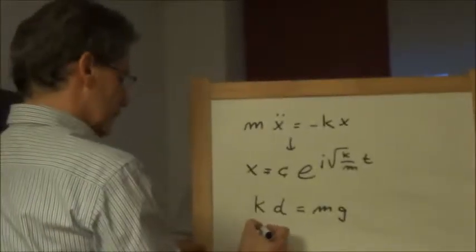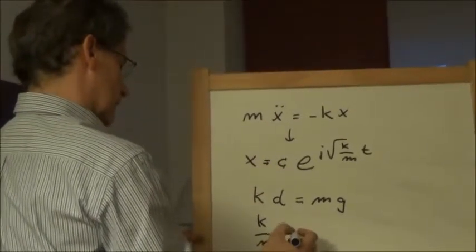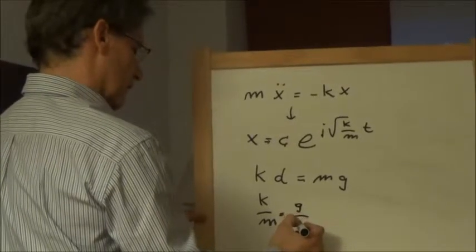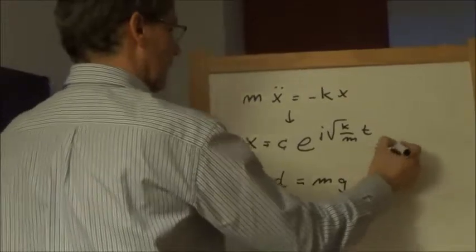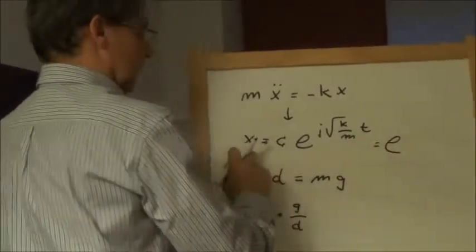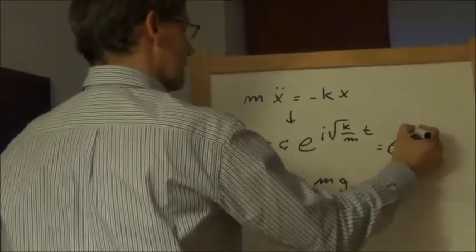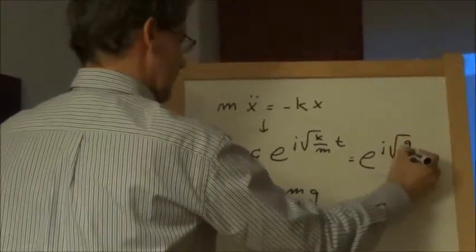So reordering the terms, we have m over k is equal to d over g. And we can replace it here, and we get that the length is something like this,